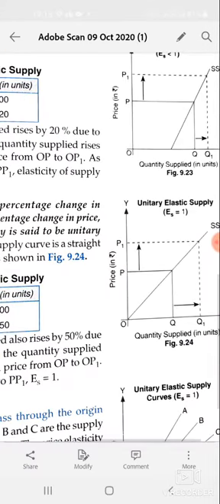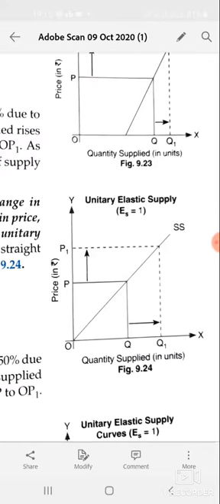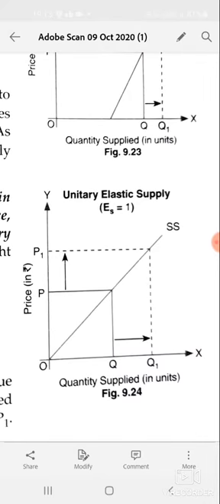The shape of the supply curve is exactly 45 degree, because x-axis and y-axis make a 90 degree, and if we divide the whole part into two equal parts, that is the OSS, you can see in the graph, OSS is equidistant, equi means equal distance, from x-axis and y-axis. Then if it is equidistant from the x and y axis, then it is definitely of 45 degree.